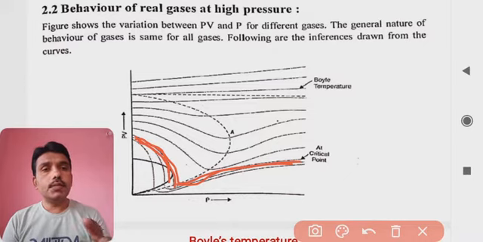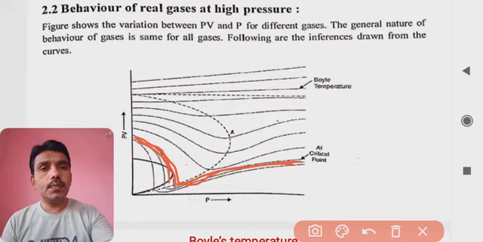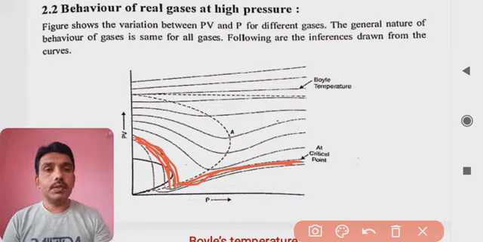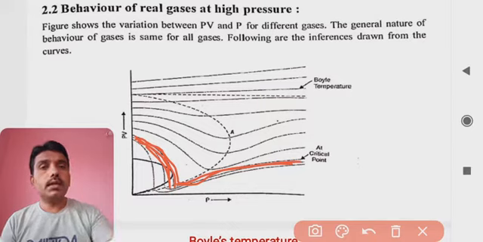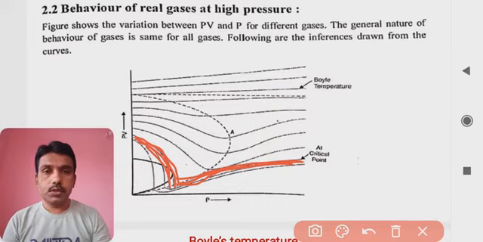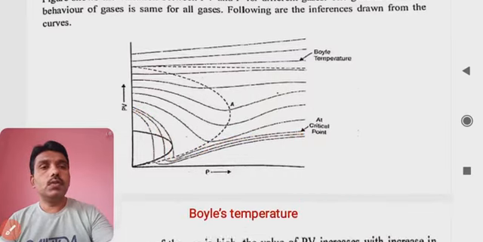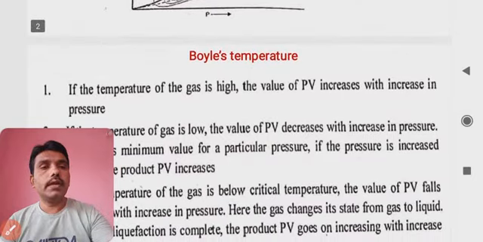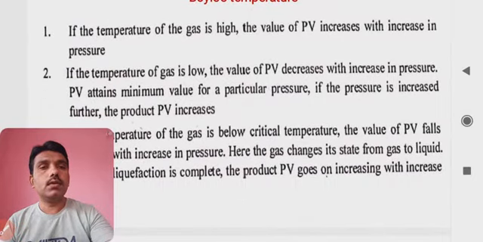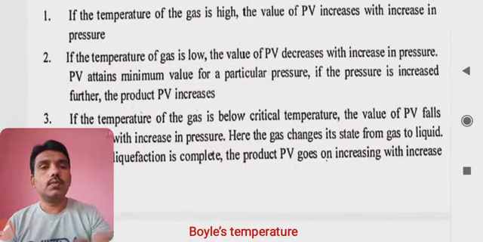In this case, PV also goes on decreasing up to a certain level, where your critical temperature is. Above that, again the PV goes on increasing with the pressure. So this is the case where it is giving you this type of output. If you look at the same thing as far as the outputs are concerned,